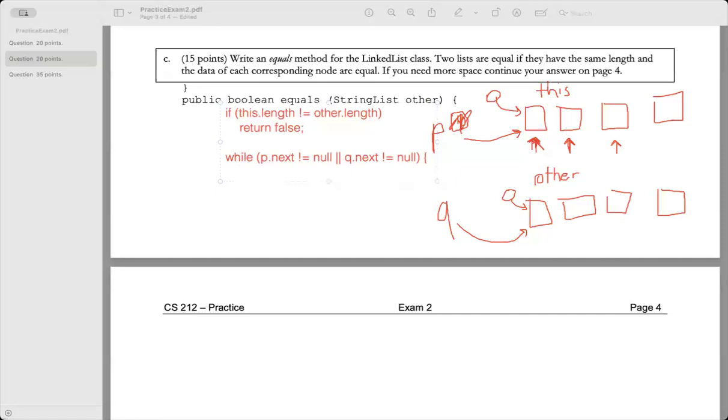So you want to keep incrementing them. I forgot to initialize them. Okay. String node P equal to this dot first, and string node Q equal to this other dot first. So while they still have a next node to go to,